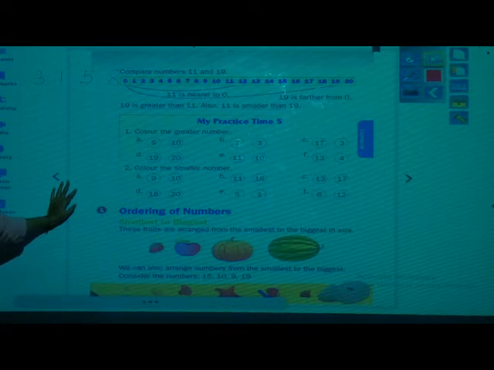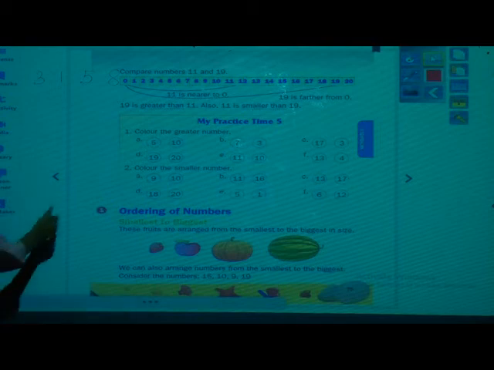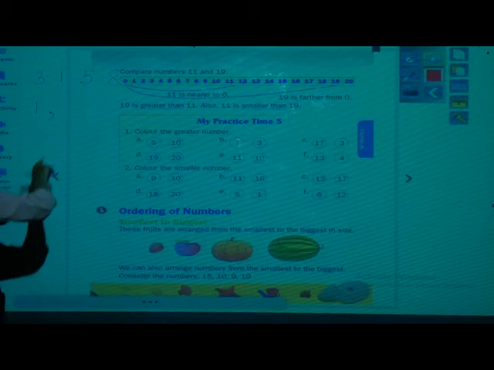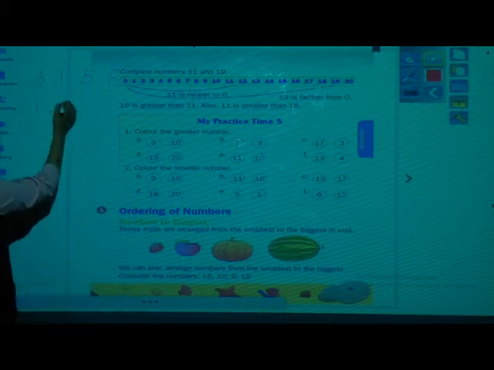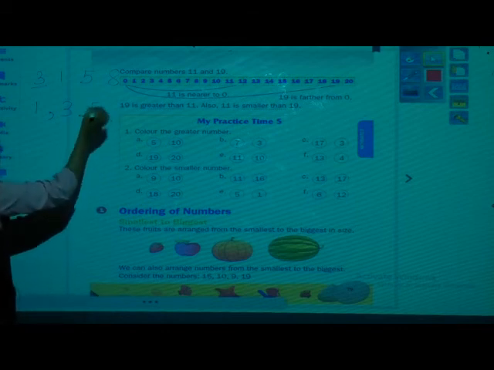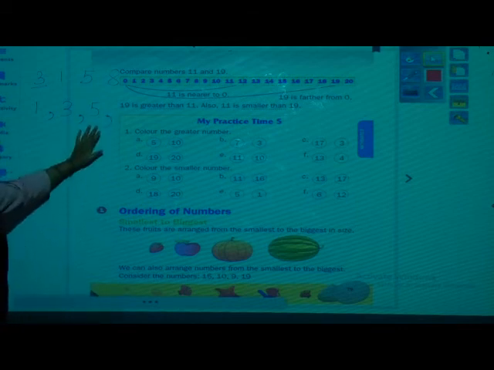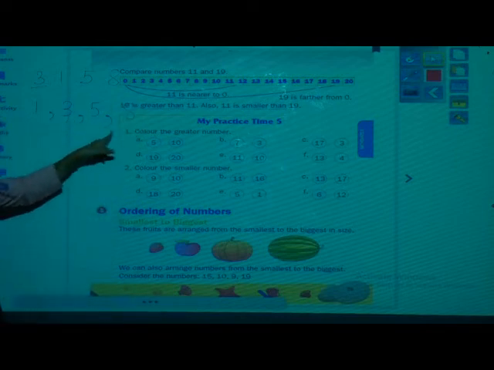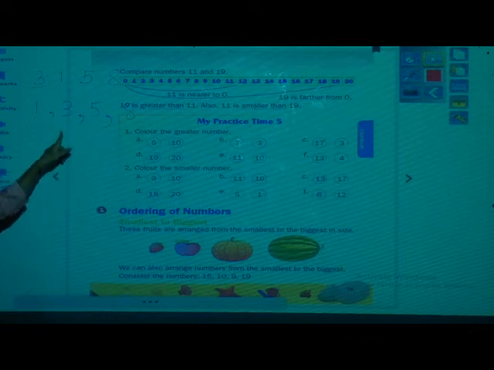No, they are not in correct sequence. Okay, see, if you will make this in sequence, which number comes first? 1 comes. Then after 1 comes 2, but 2 is not there. Then 3 is there, so 3. 4 is not there, so 5. And 6, 7 is not there, so 8. Okay, so this is in correct sequence.